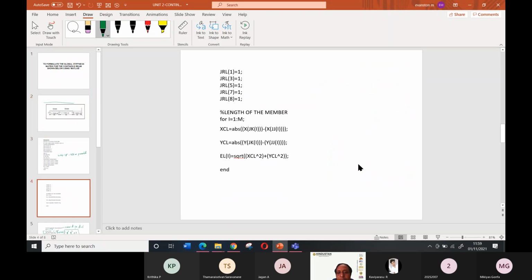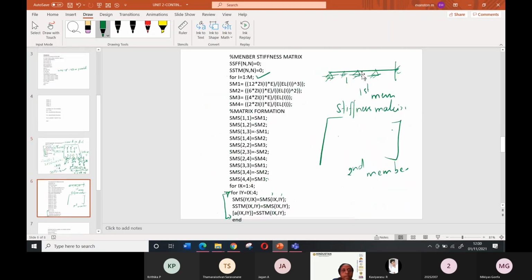Sorry, the number of members is 3. This matrix will be formulated for the first member. Similarly, if the member M becomes 2, it will be calculated for the second member. If M becomes 3, it will be calculated for the third member. So like that, it will be completed.